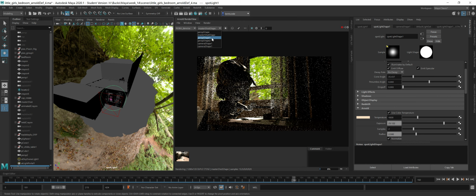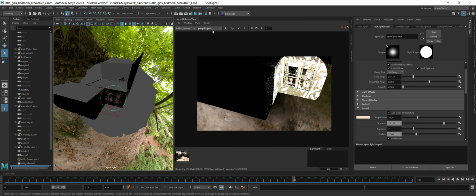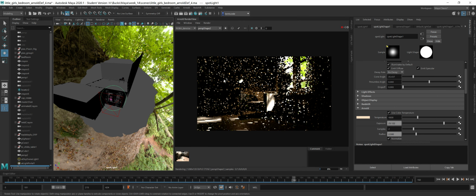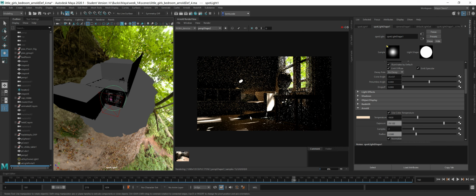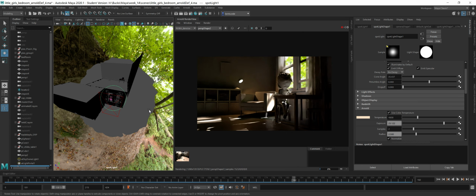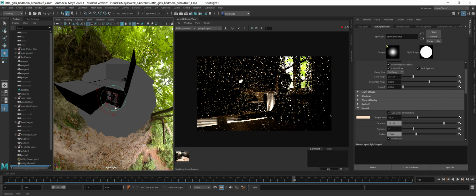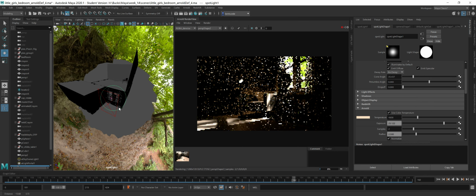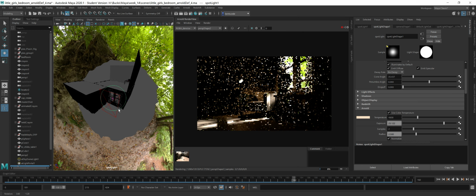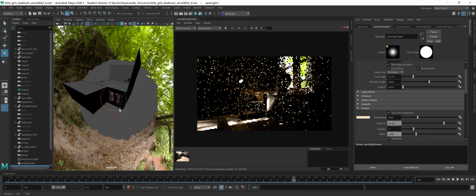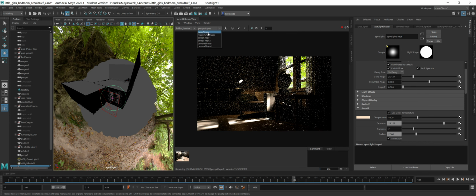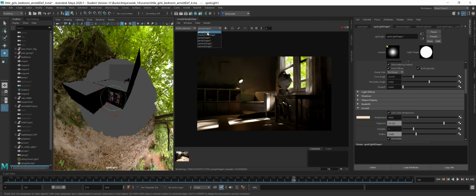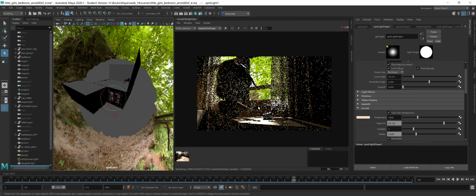Alright, let's take a look at the room. See, so now we're starting to get that nice little look, and we're getting some green bounce from that. Now it's just about finding what's going to work here, finding the angle for it. And the cookie I'm using might not be the best cookie,